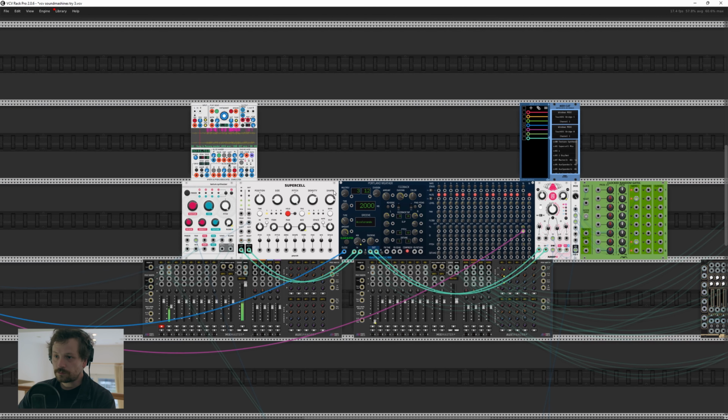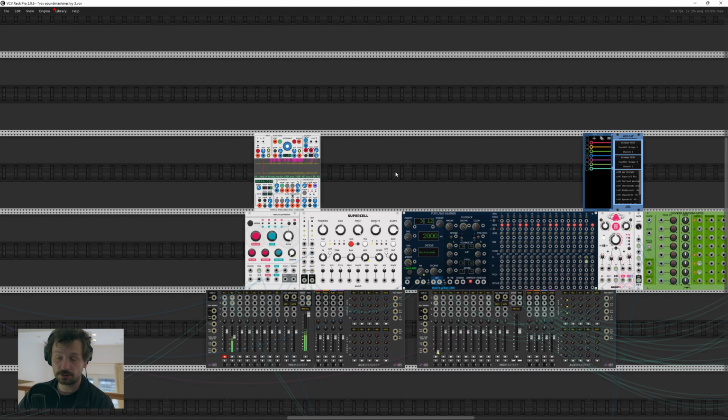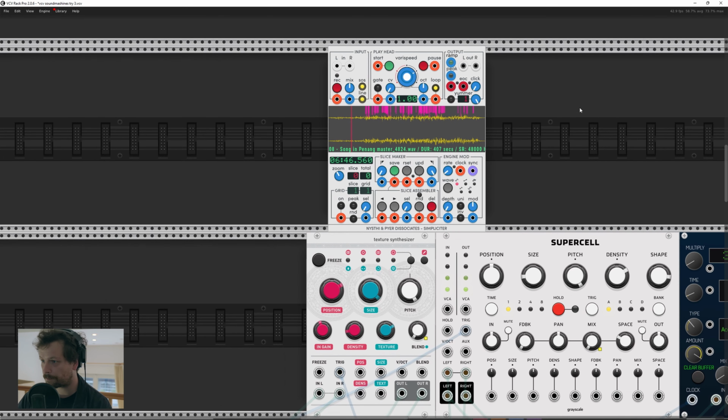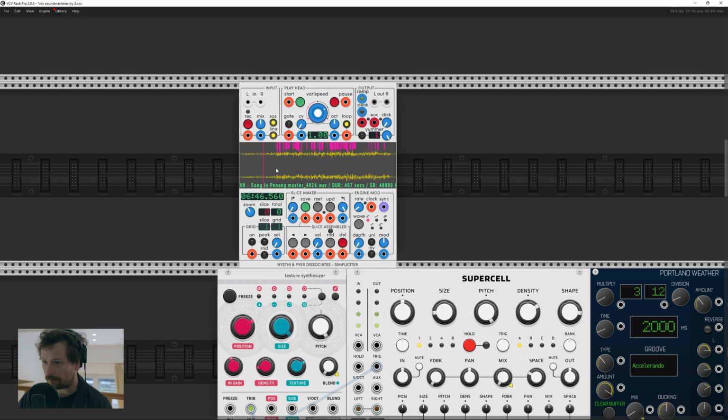But first let's concentrate on the samples, because what I want is, of course you can do if you prefer your own samples, slices, sorry. You can make your own slices. The basic idea is that you load long samples into it. I mean, you can do whatever you want, but you load long samples into it and slice it and use them